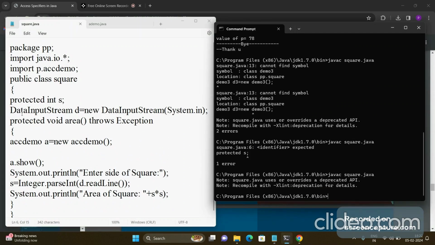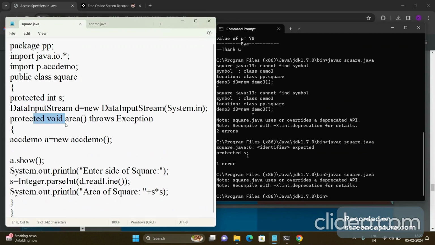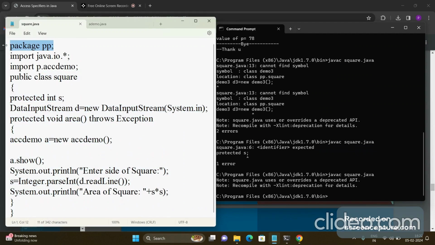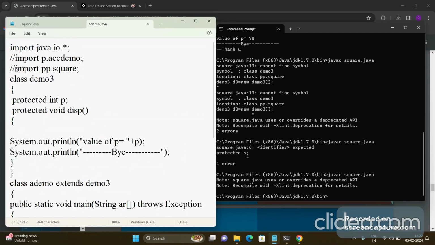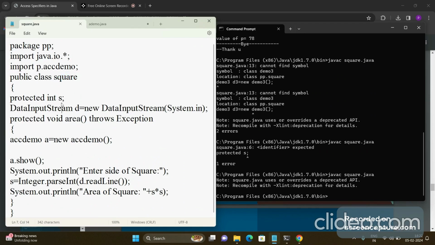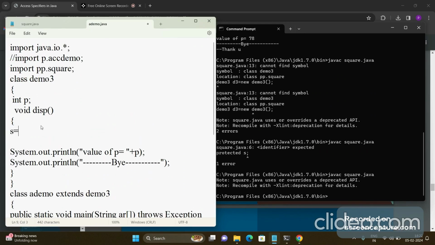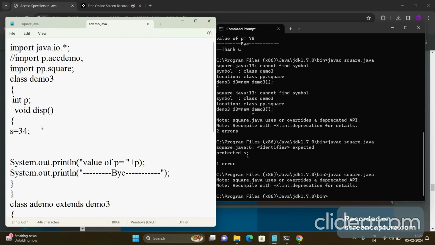It means the protected variable and protected method I have written in the class square, which is available in the pp package. Now we have to import this pp package. So we have imported the pp package and square class. We will check whether that variable, let's see, class square and variable is s and method is area. If I try to change the value of s equal to 34 and call the method area,